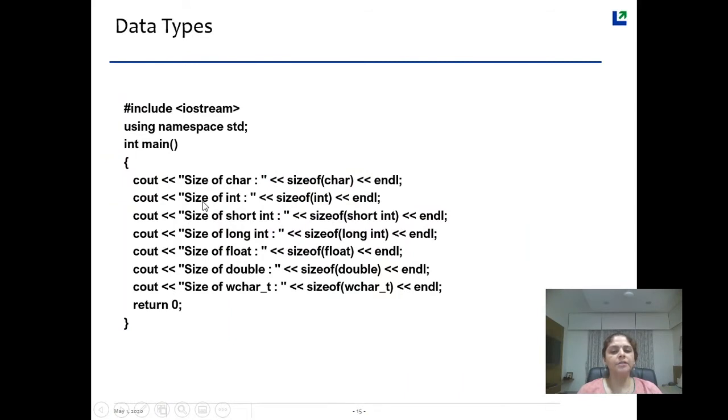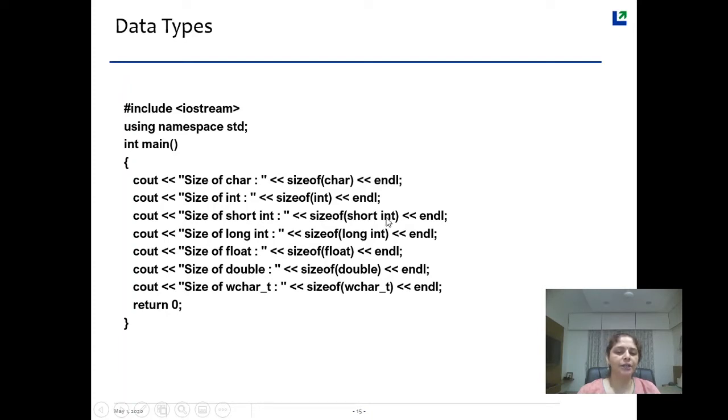In C++, we have seen a lot of data types are available, and for each data type a different amount of memory is getting allocated, a different number of bytes. If you want to check for each data type how many bytes are getting allocated, then in C++ there exists an operator called sizeof. So you can use that operator to check how many bytes are getting allocated for char on your machine, for integer on your machine, for short int how many bytes are getting allocated.